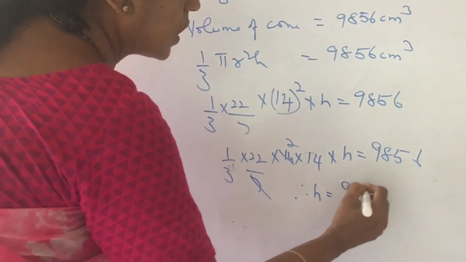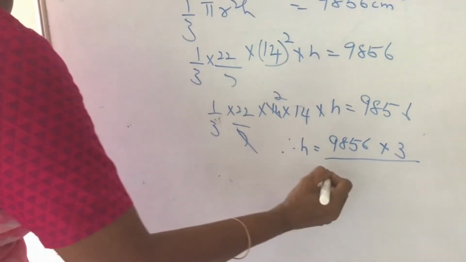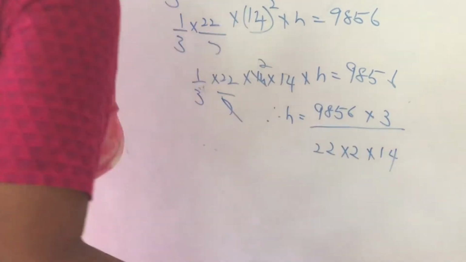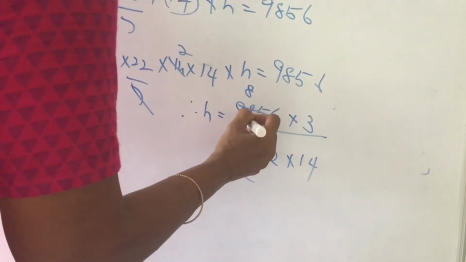Therefore, h is equal to 9856 into 3 divided by 22 into 2 into 14. 11 will go 2 times, 8 times, 88,